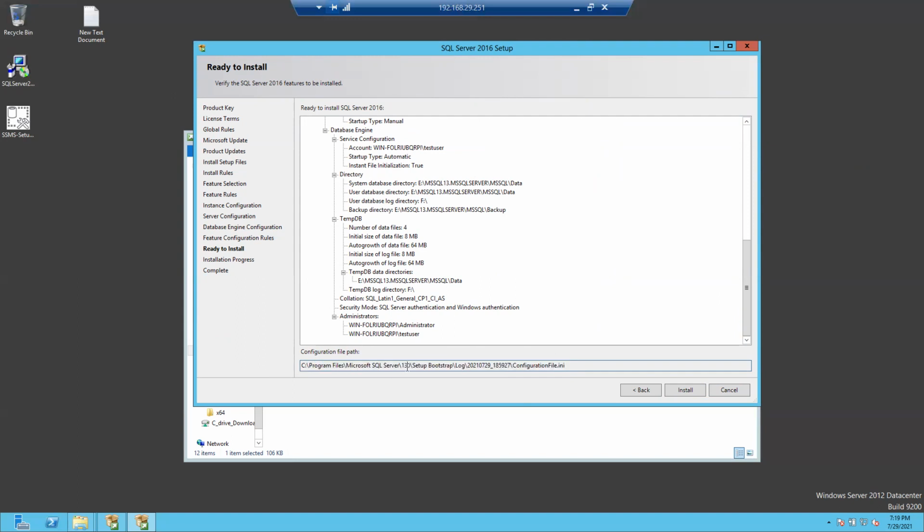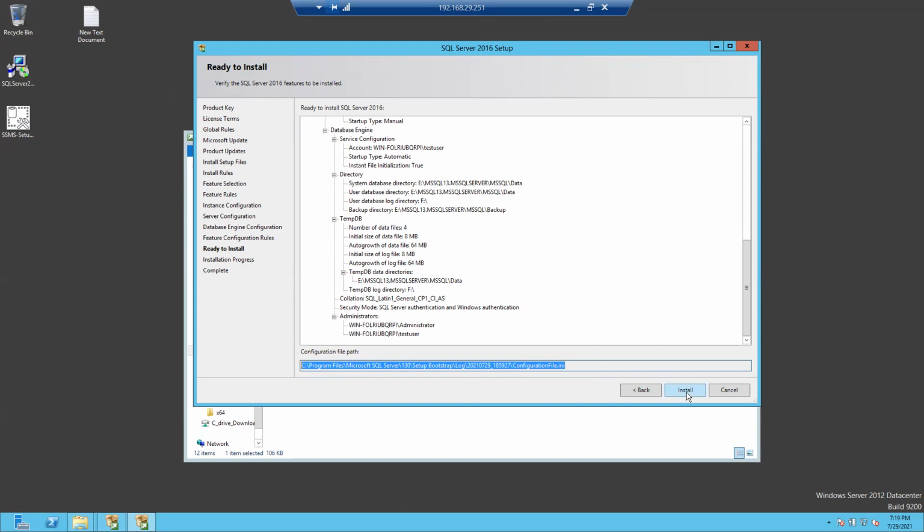This 130 in C program files, 130 is a version name. For SQL Server 2016, 130; SQL Server 2014, 140; SQL Server 2005, 90, like this. So the setup bootstrap log configuration file.ini, this file is also useful. I'll let you know how we can use this file.